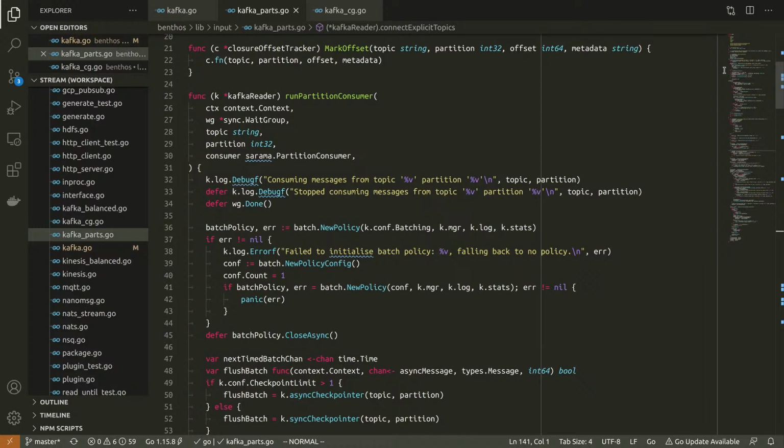I think to begin with, I'm just going to say that if you don't have a consumer group and you don't specify explicit partitions, we will grab the partitions that are currently there when the input kicks off, but we're not going to bother regularly scanning for new partitions. Does that seem reasonable? That seems a bit lazy to me.